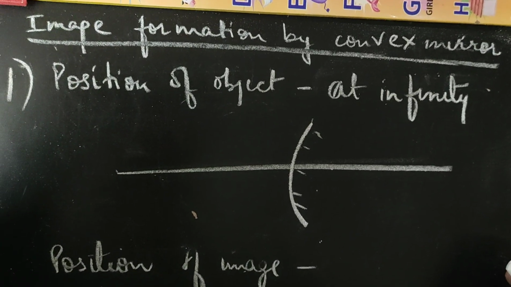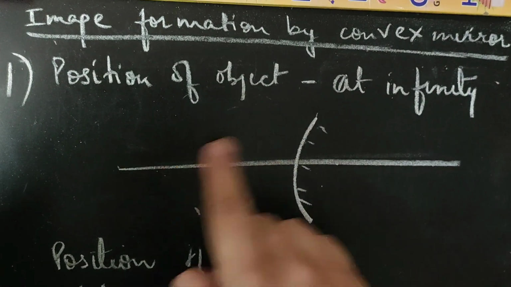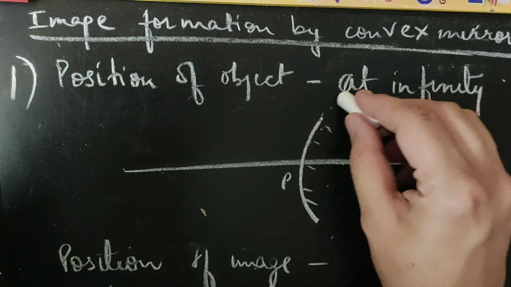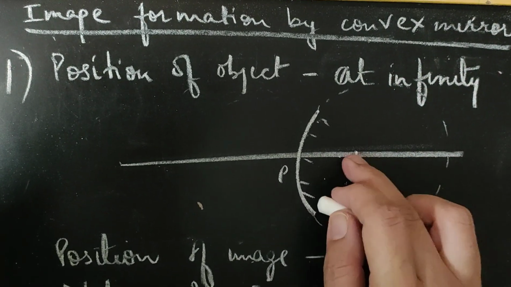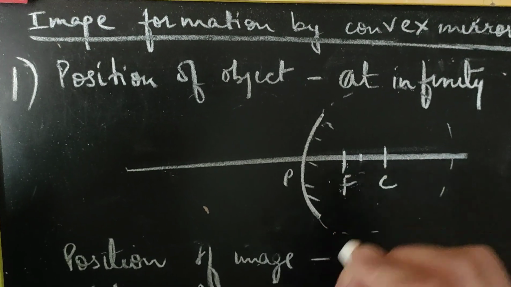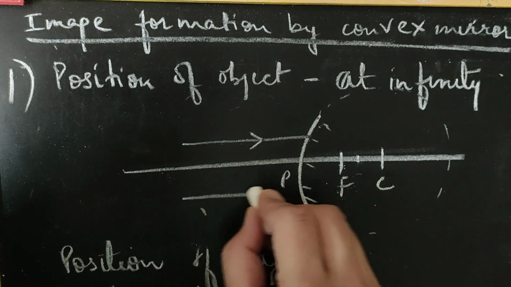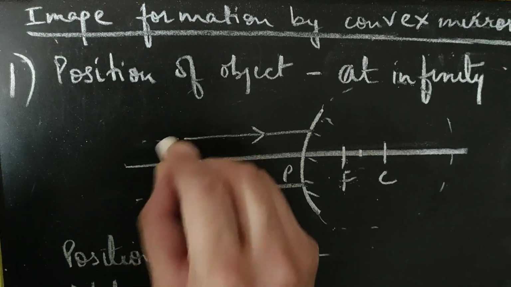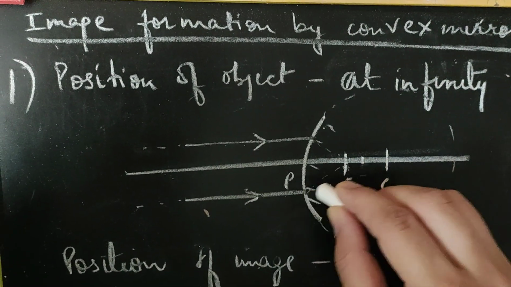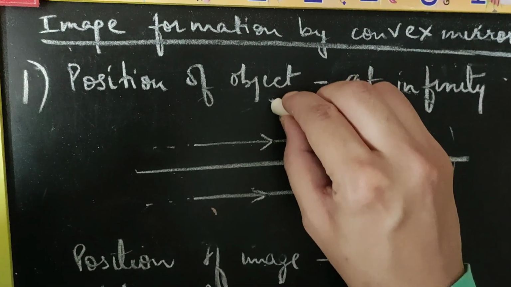Let us now discuss the image formation by a convex mirror. Position of the object is at infinity. Draw the convex mirror here and label the points as told. Complete करेंगे कर्वेचर को. जहाँ सेंटर है वहाँ सेंटर, आधे डिस्टेंस पे फोकस. So light rays which are coming parallel are representing the object at infinity. After reflection, they will be diverged in the direction of focus. First rule for convex mirror. तो फोकस की डायरेक्शन में डाइवर्ज हो जाएंगी ये लाइट रेज.